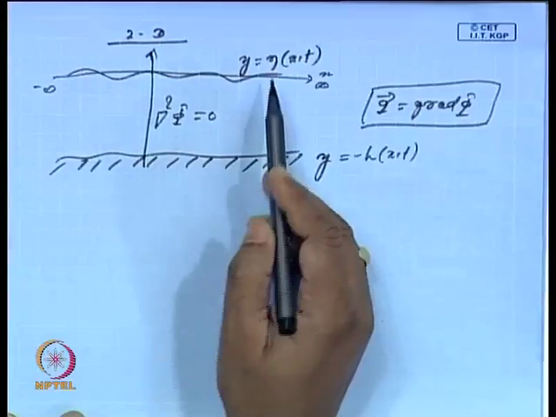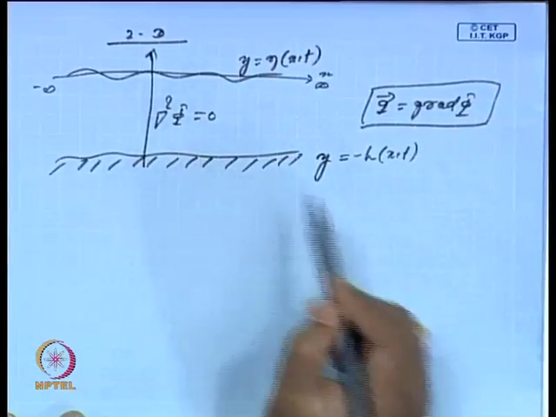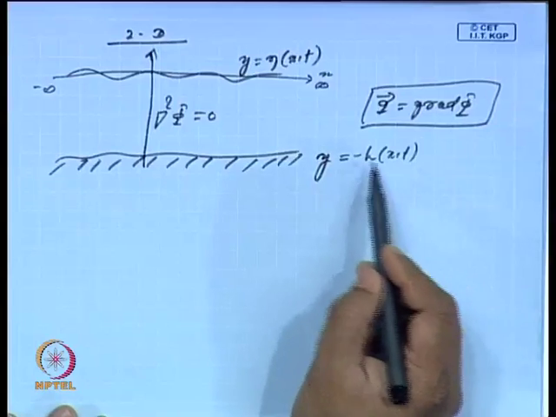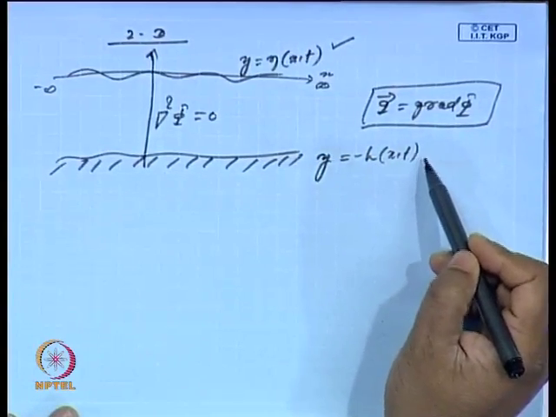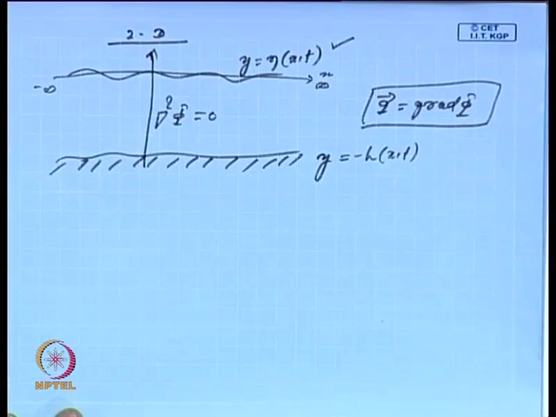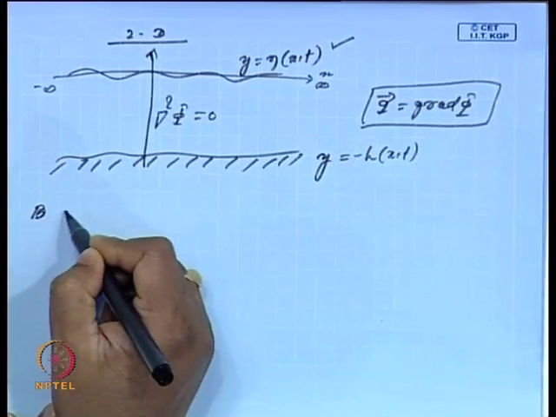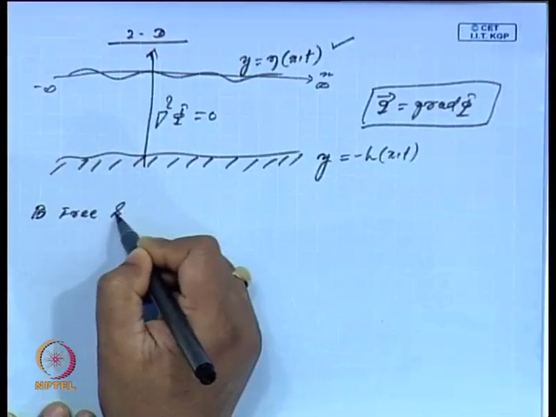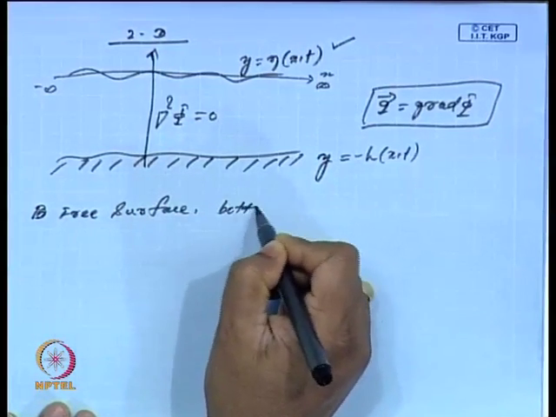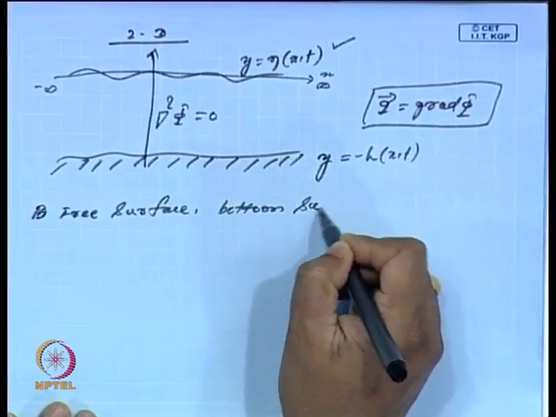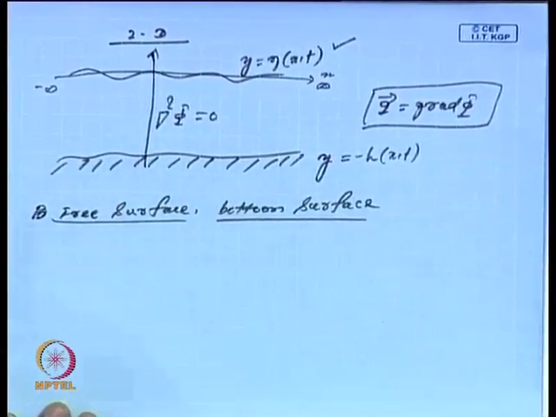Both the free surface and the bottom surface are represented, the free surface by y is equal to eta x t, and the bottom by y is minus h x t. So, these are the two boundaries, the free surface boundary and the bottom surface. On these boundaries